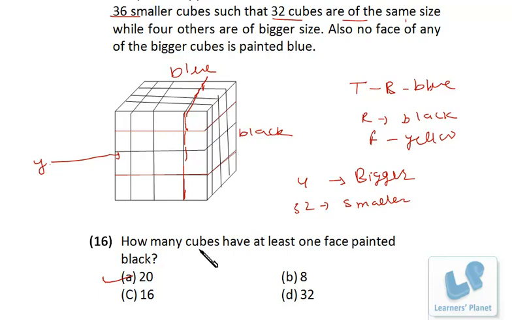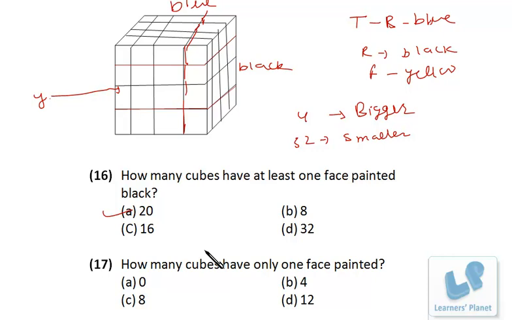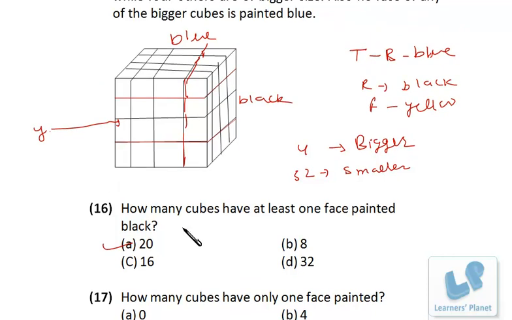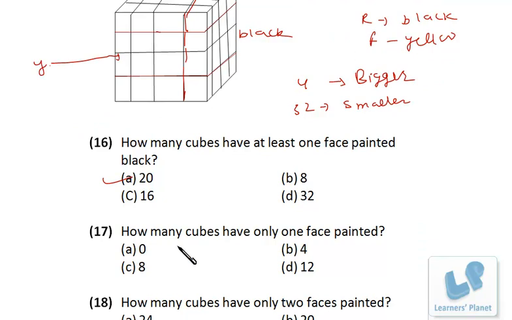Okay, after that, how many cubes have only one face painted? Now once again a simple one. See, all the bigger pieces will be having 2 surfaces painted. For example, this one. So this will be from this side and this side. So these 2 faces will be colored. Okay, but we want only one. That means we need to choose from the smaller squares, right? That means from the top and from the bottom. Not top 4, 1, 2, 3, 4, and bottom 4, 4 and 4, 8. So there will be 8 cubes with only one face painted.